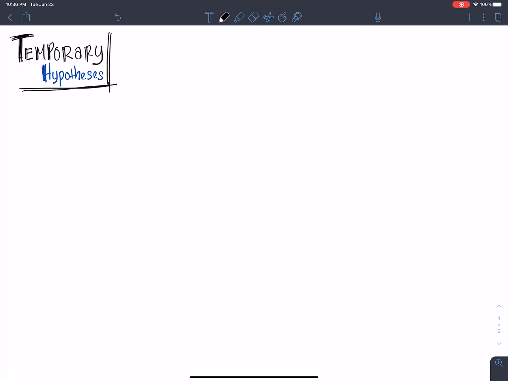So before I explain what temporary hypothesis is, let us go through the examples. This temporary hypothesis will be useful when we do the proof sequence. So that will be easier to explain and to demonstrate to you how this temporary hypothesis works. Okay, so let's just have this task to prove the argument